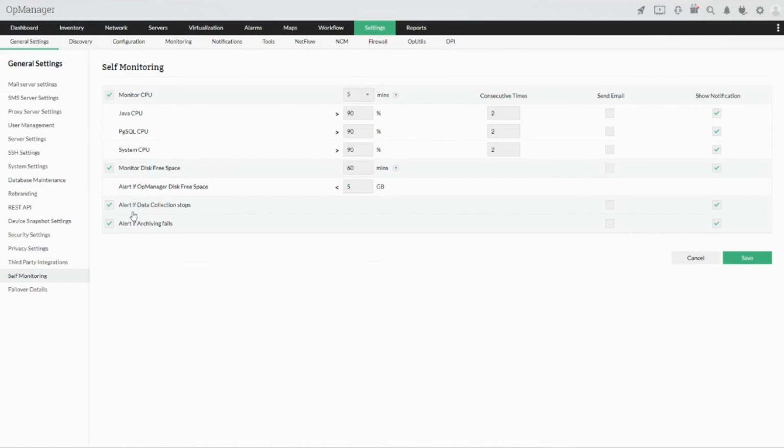Or if the archiving fails for the respective devices, you would get notified. And if there is any problem with the data collection for a specific monitor due to a credential failure, you would be able to get notified accordingly. And this is where the self-monitoring in OpManager helps you maintain the OpManager server and the software itself to the fullest, and have a pretty greater performance, and you can monitor your environment in real time and get